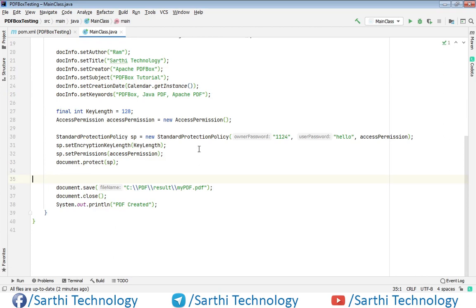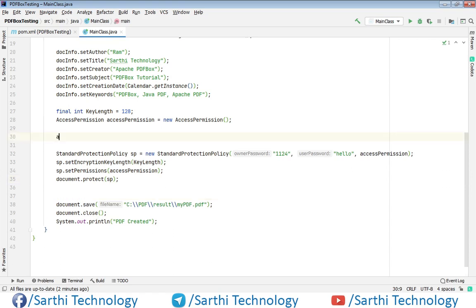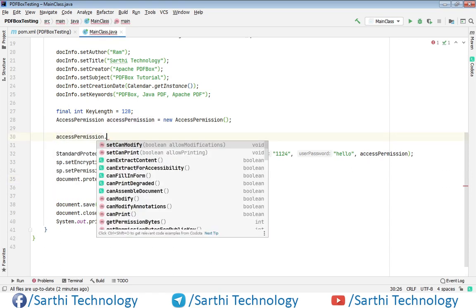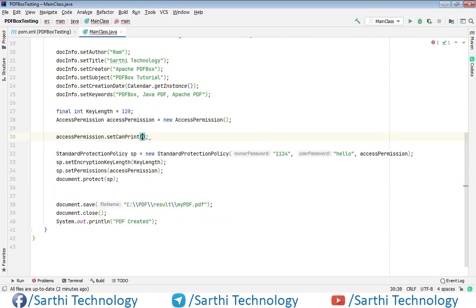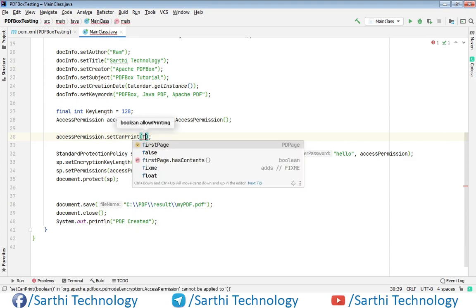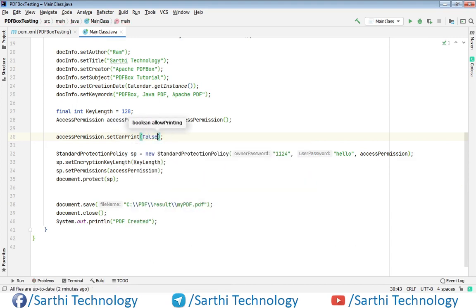So let's make printing false. For that, accessPermission.setCanPrint, so print is false. And again run.